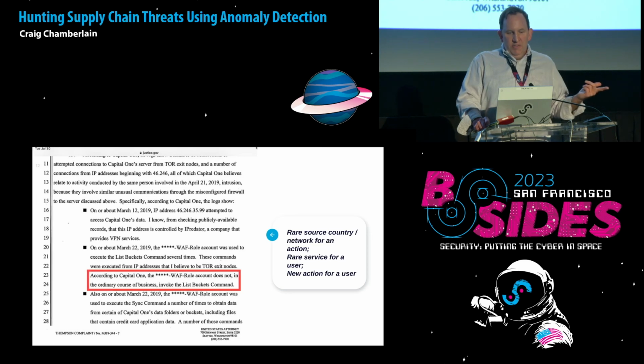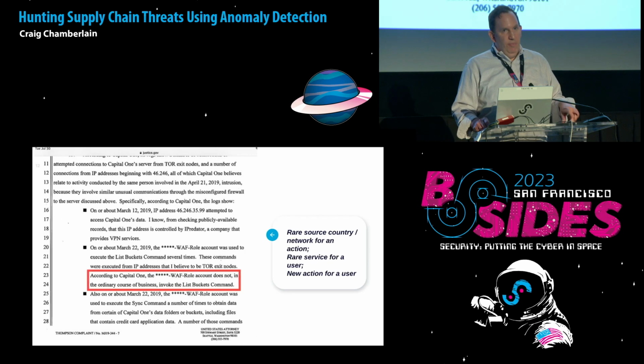In this case, some of this, from what I read, was coming in from a VPN. Some of it was coming in via Tor. So there would have been a rare source geography for these actions. There would have been a rare service for the user as this user context started calling S3 for the first time. And if we were running at the moment this happened, there would have been a new action for the user,